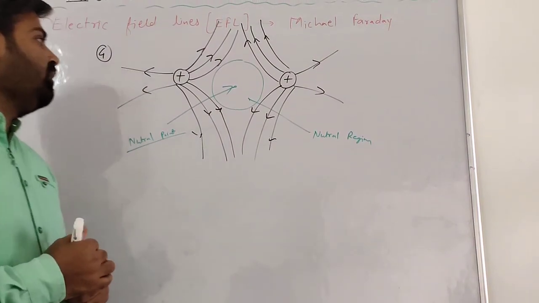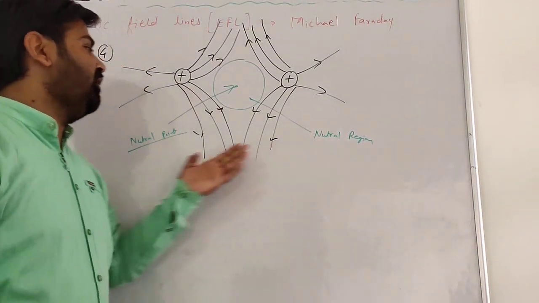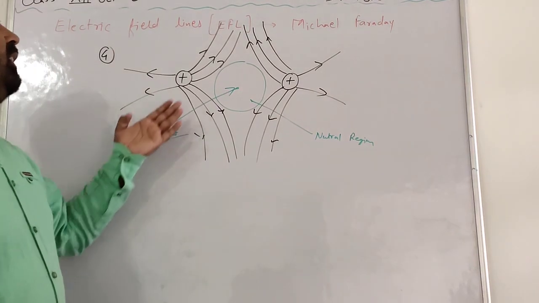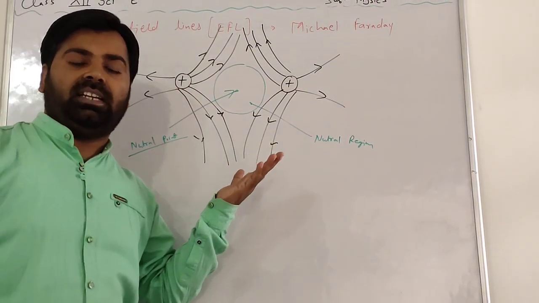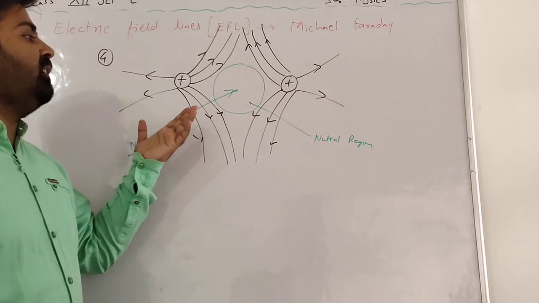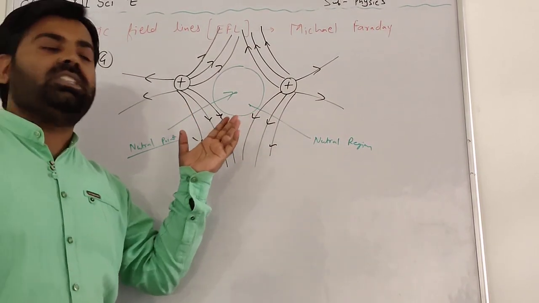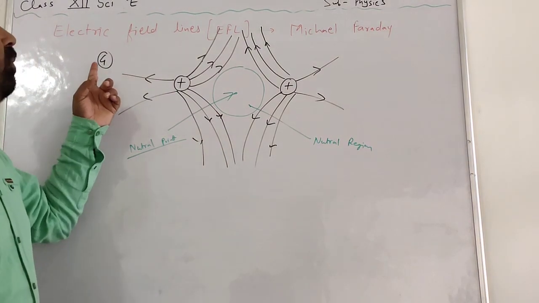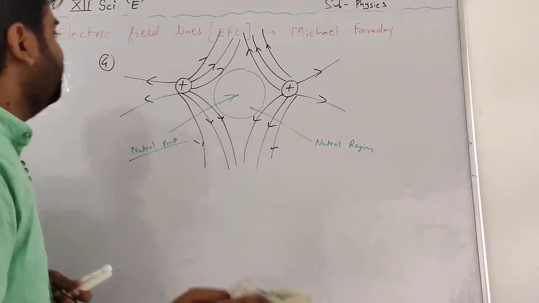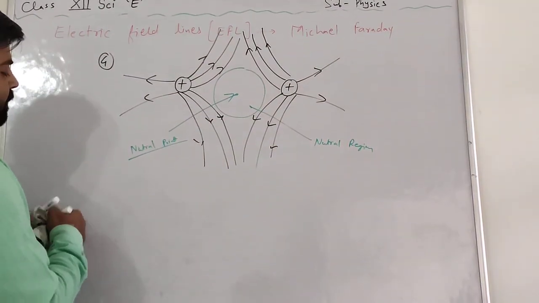So the question is, what is neutral region or what is neutral point? The region at which there is no electric field lines is called neutral region, and if we draw a point in this region, it is called neutral point. This is the fourth property of electric field lines. Next property, sixth property,